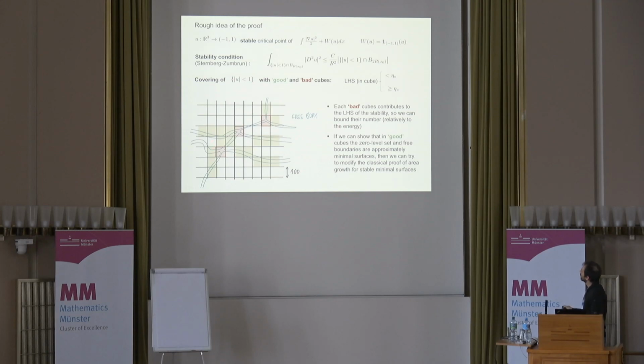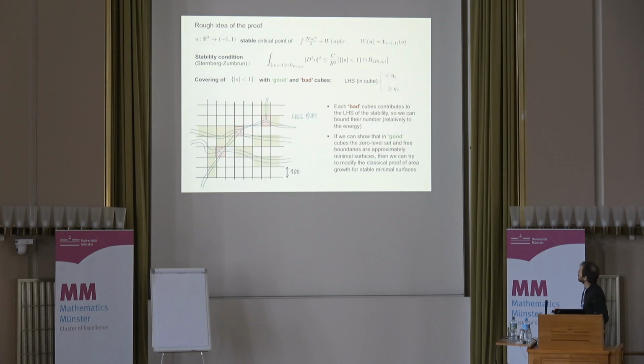And then I'm taking a grid 100 times 100. I said that the cube of this grid is good, and I will paint it green. A cube intersecting the free boundaries is good if this left-hand side is less than eta 0, where eta 0 is some small dimensionless parameter, let's say. And it is bad instead if it is bigger than eta 0. Now, bad cubes, you cannot do much about them, but at least you can count them, because each bad cube will contribute something non-trivial to the left-hand side of the stability inequality.